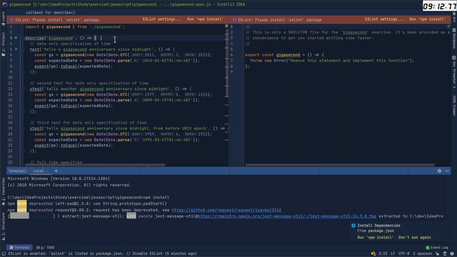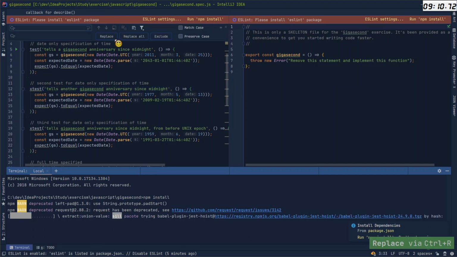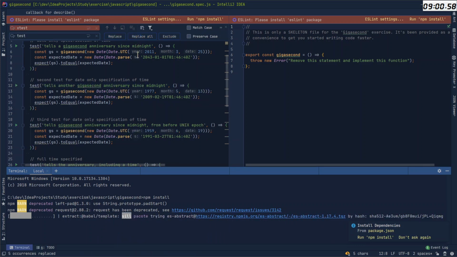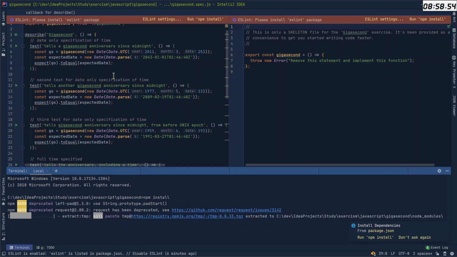I will replace our xtest with test. And does it have a shortcut? I don't know. Here we go. And we are this guy, then we are adding that. Okay.